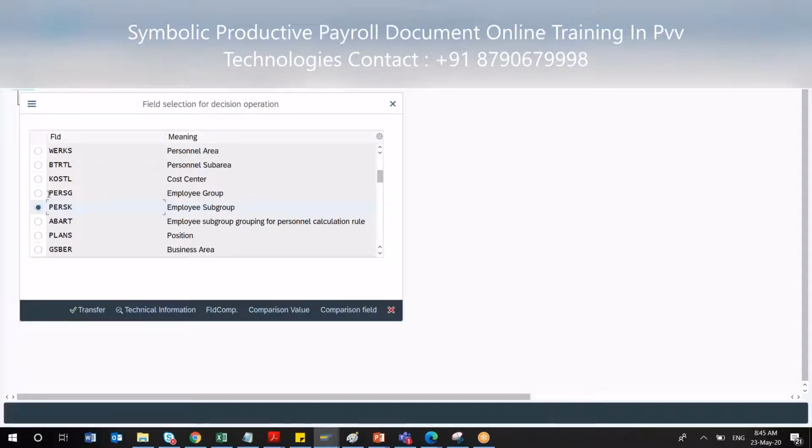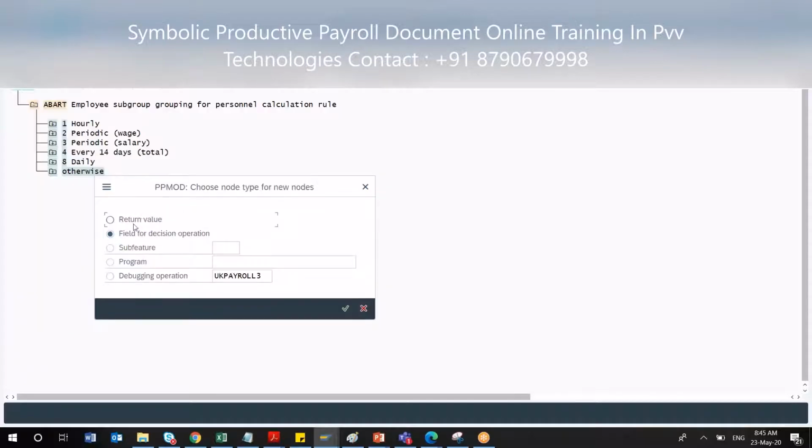Otherwise, the system still provides options whenever you're choosing this decision operation. Field of decision operation: once you go into this, you have to decide how it will be connected to each other. So this is all about decision making, but ideally you have to have a good discussion, because this requires multiple meetings.